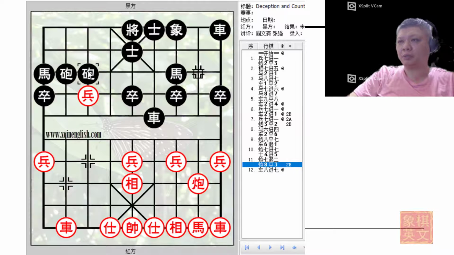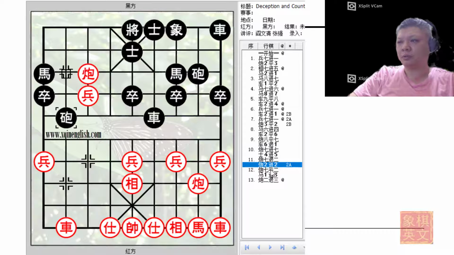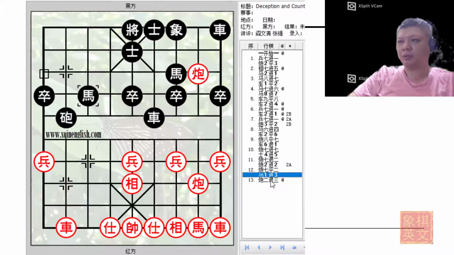It would not be a good idea to play c equals to 3 because, as mentioned earlier, the red chariot will simply capture the black cannon and still threaten to gain more material. Red would have a significant advantage. So if c2 plus 2, black would capture material, black would try to develop his flank,